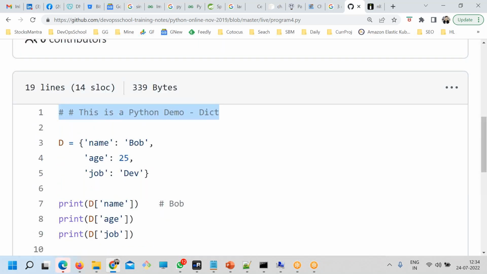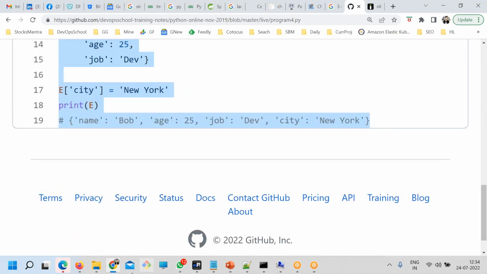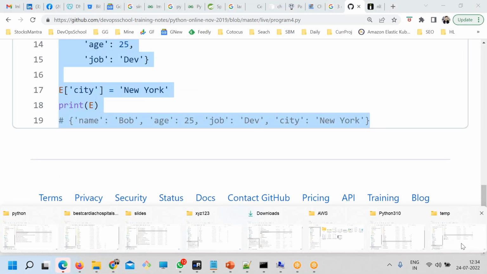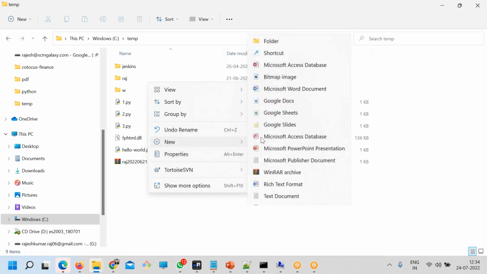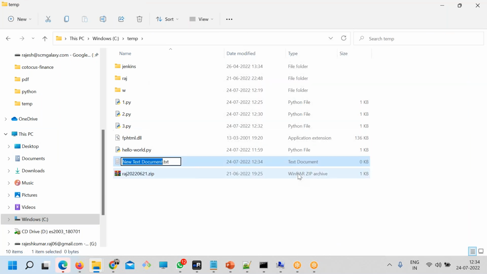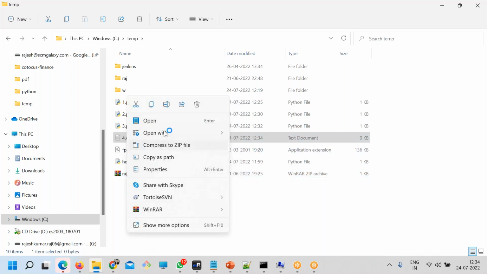So let's try this 4th one, 4.py. There's a bad typo.